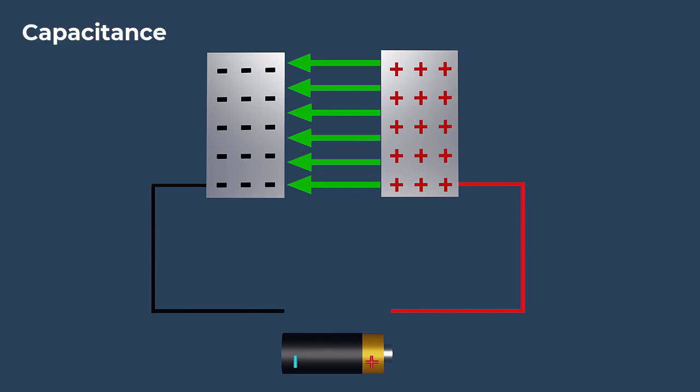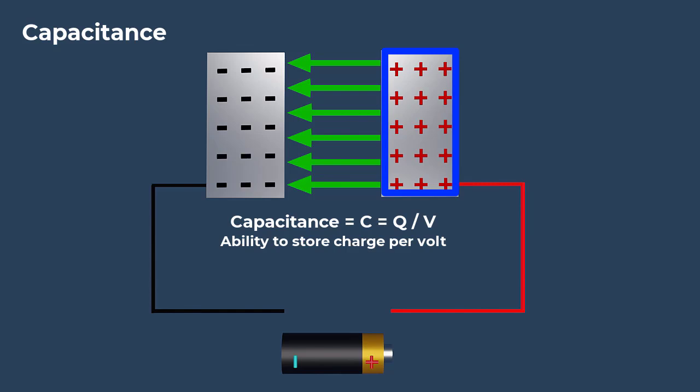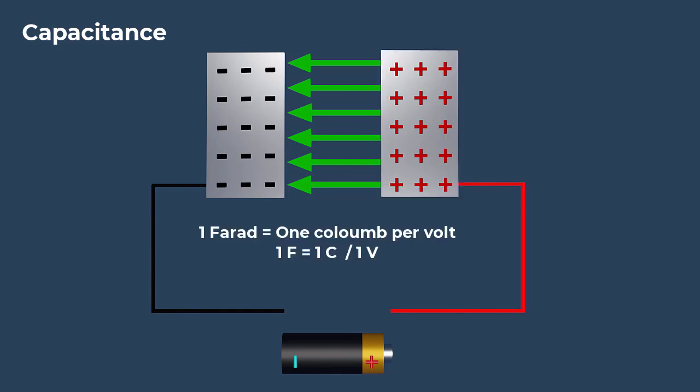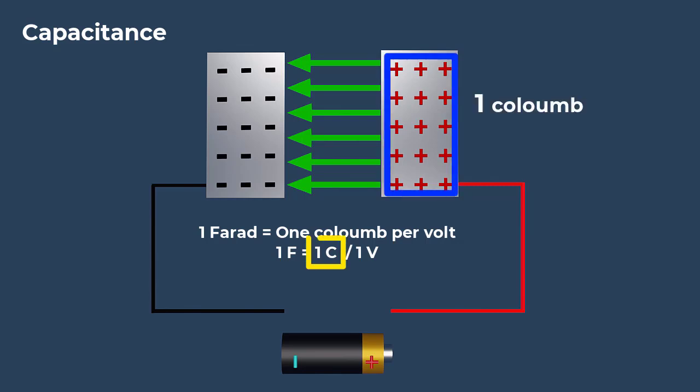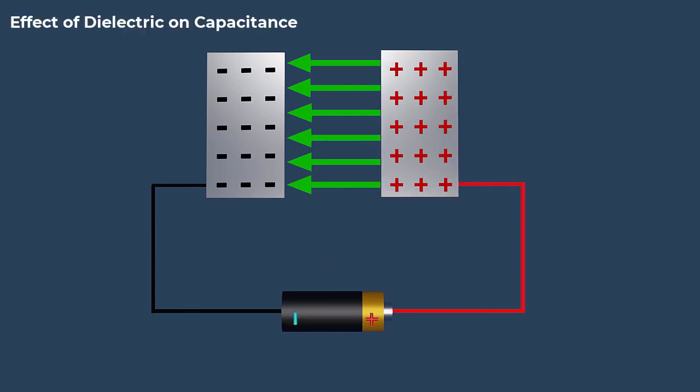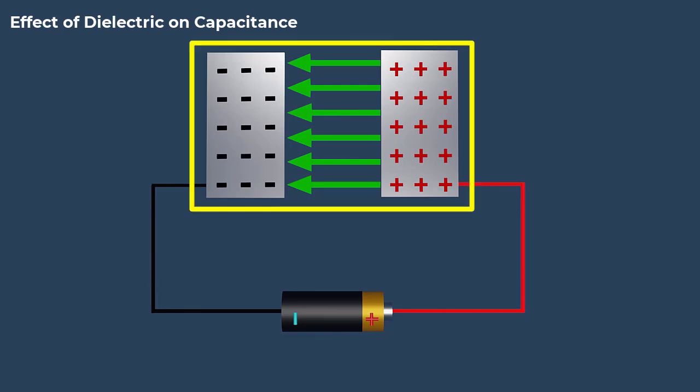The ability of a capacitor to store electric charge is called its capacitance. It is measured in farad. 1 farad is the capacitance of a capacitor that stores 1 coulomb of charge when the voltage across its terminals is 1 volt. To enhance the capacitance of a capacitor, without changing its physical dimensions, we place a dielectric material